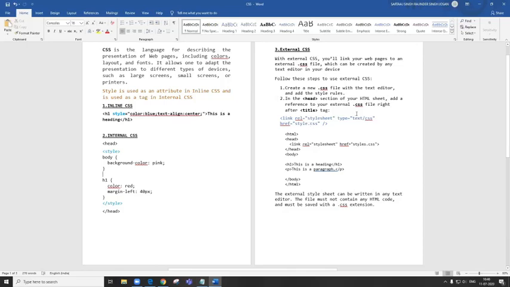Okay, this is a standard tag that you have to remember whenever you are doing the external CSS. Link tag का नाम है, rel, type and href are the 3 attributes that we are using here. Rel is, we are telling the style sheet, type text CSS, href is the name of the file that we have given for .css.